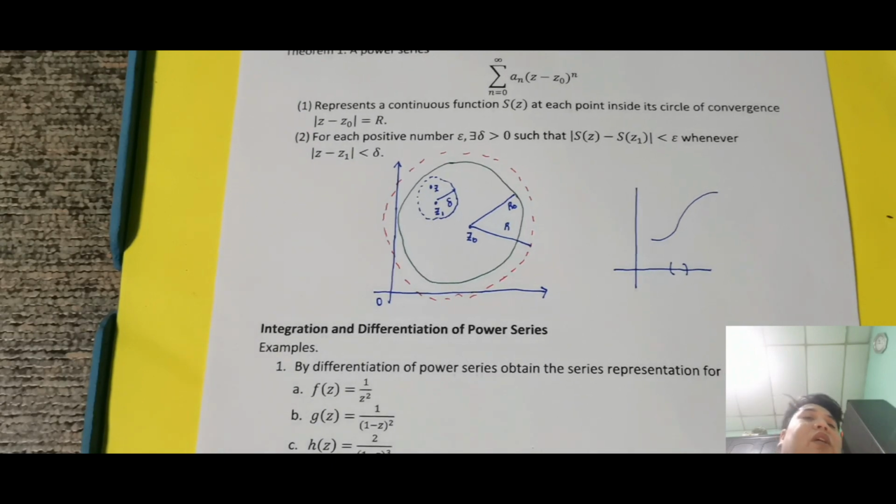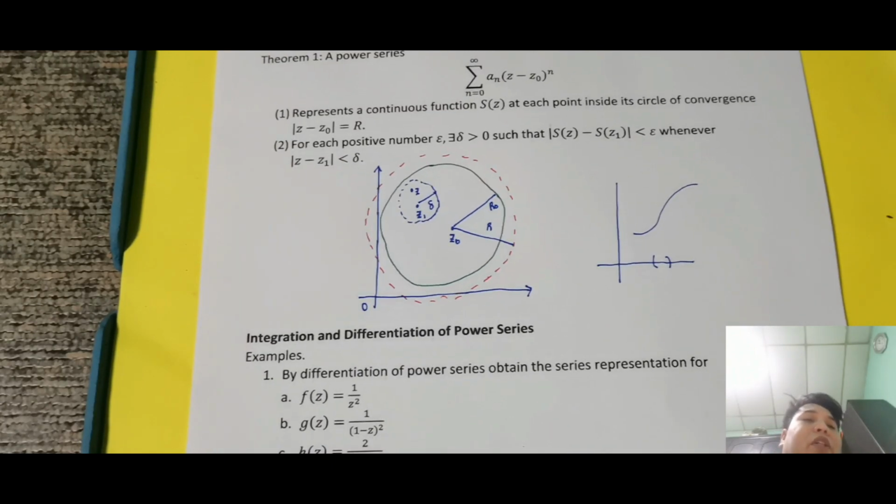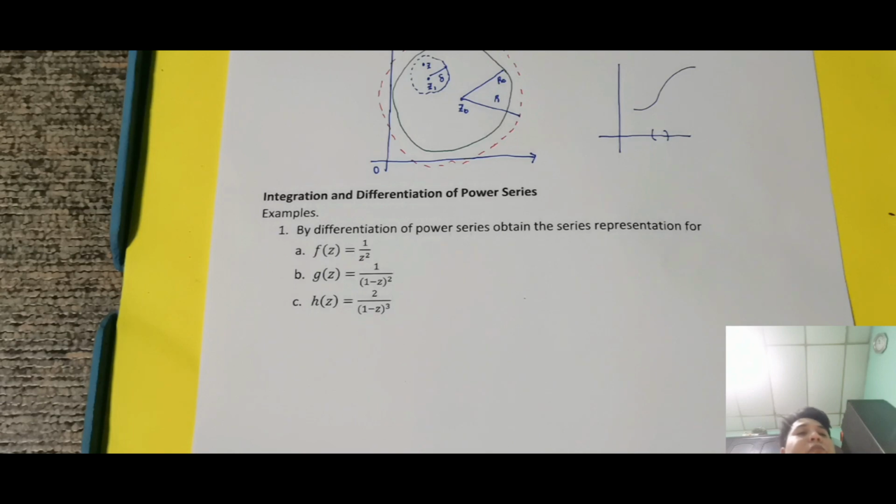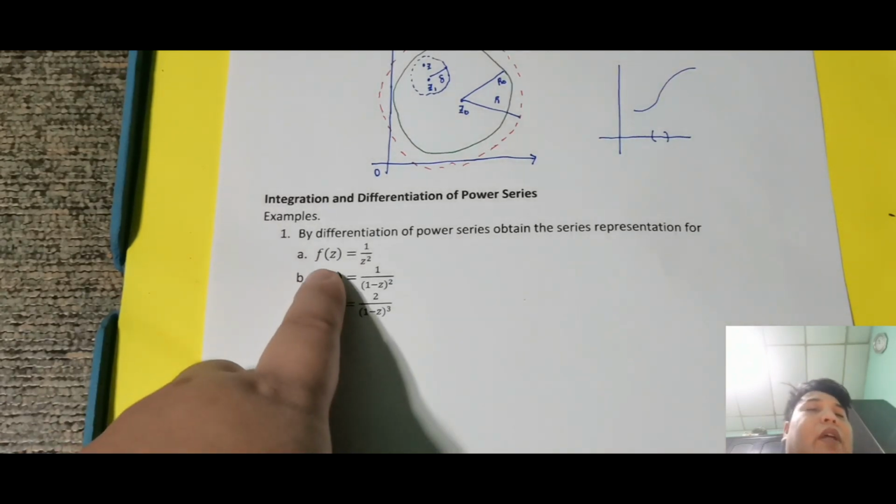Ngayon, punta tayo dun sa integration and differentiation of power series. So, hindi na ako nagkuha ng theorem. Actually, may mga theorem to saka mga property. Hindi na ako nagganon. Ginawa ko na is by example. Kasi ganun din eh. Ginagawa ko is, i-represent natin siya in compact form. Integrate or differentiate natin yung compact form niya. Ganun lang, kasimple. Okay? So, by differentiation of power series, obtain the series representation for